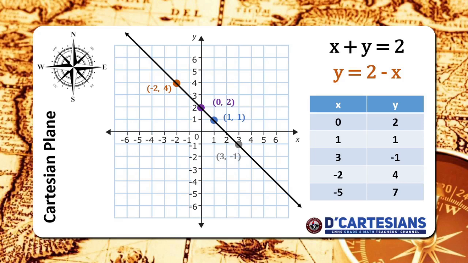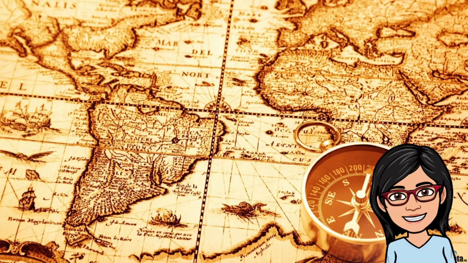So, yun yung simple explanation ng ating linear equation. We have a linear equation, and then we could substitute values for x, and then solve for y, so that we could have ordered pairs. And then we could plot those points, connect the dots, and draw a line. Okay, so we will learn more about this on the following videos. So for now,